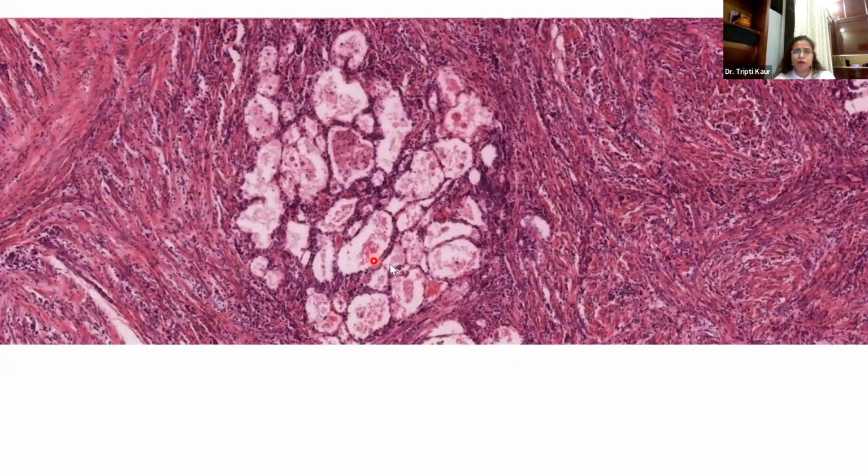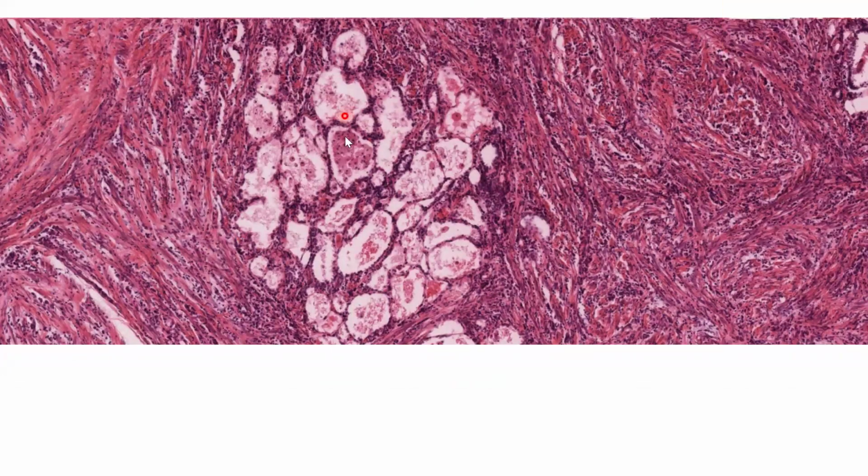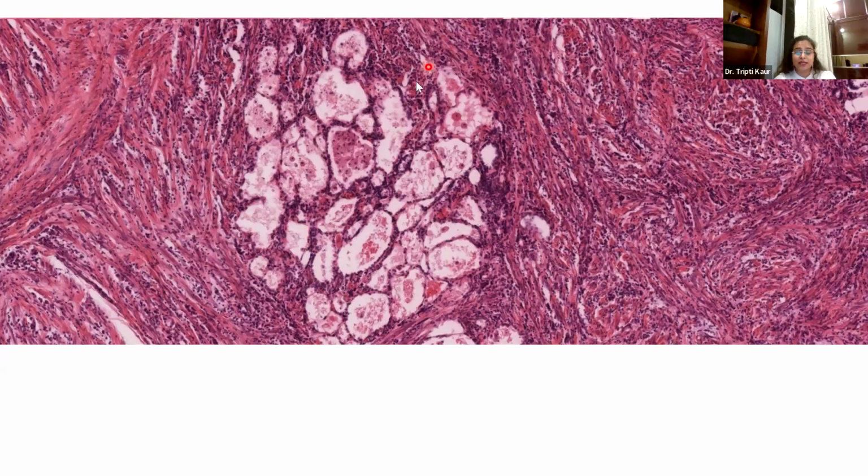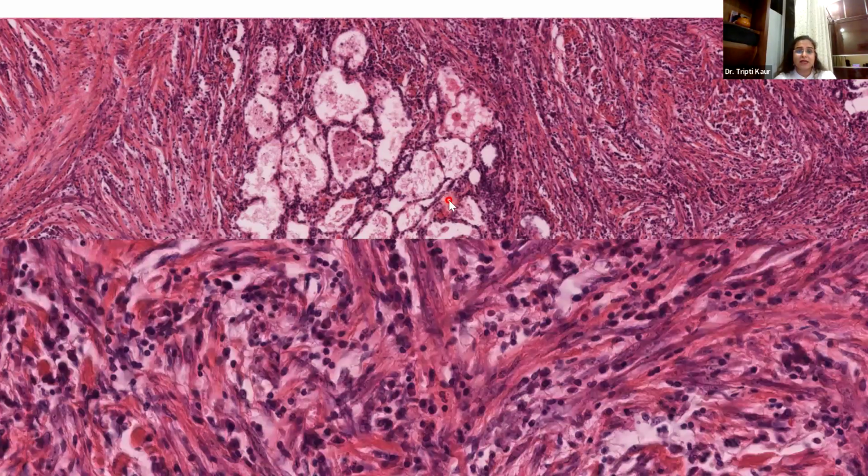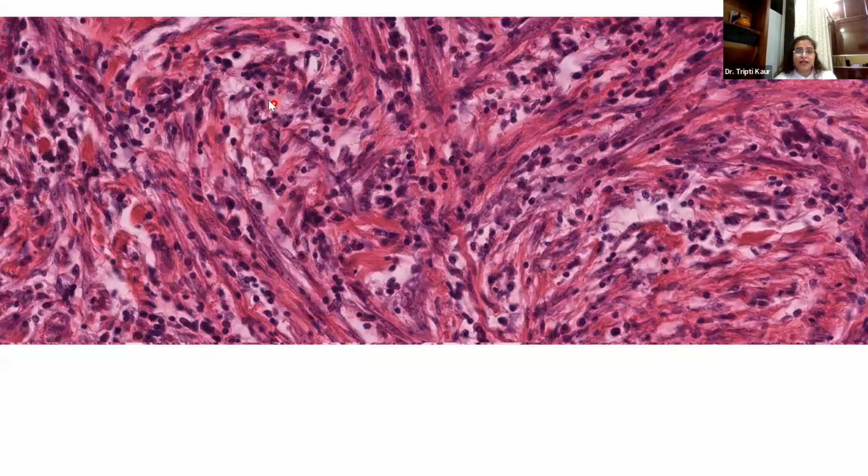I'll show you the higher power of it. So very spindly cells. So this is not spindled only. This is not only fibrous. This is fibroinflammatory. You can see a lot of dots here, right? So these are all inflammatory cells. And yes, very good. And these are all entrapped alveolar spaces because the lining epithelium looks quite innocent. They are not bad looking cells. They are not malignant cells. Again, just to reiterate, these are all lymphoplasmacytic cell infiltrate and myofibroblastic kind of cells.